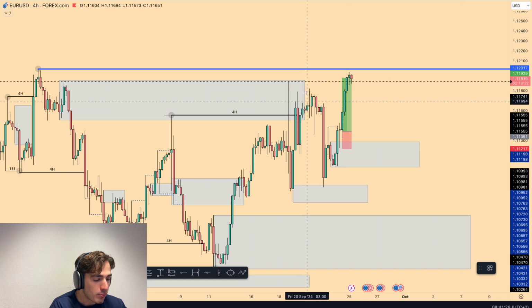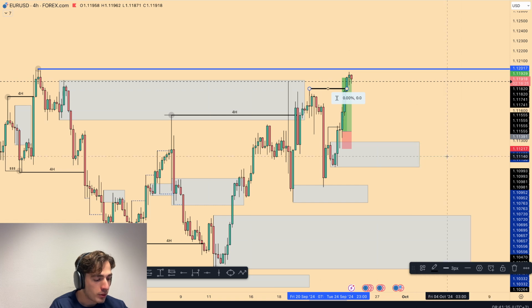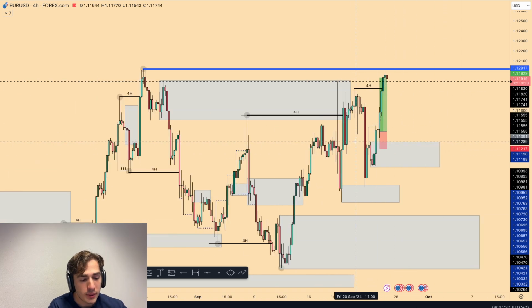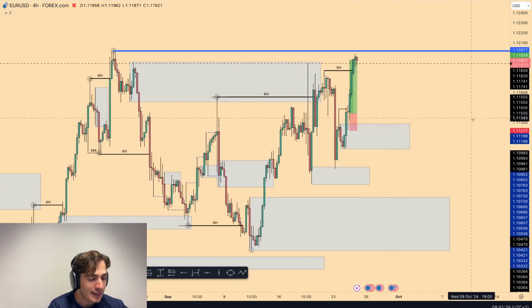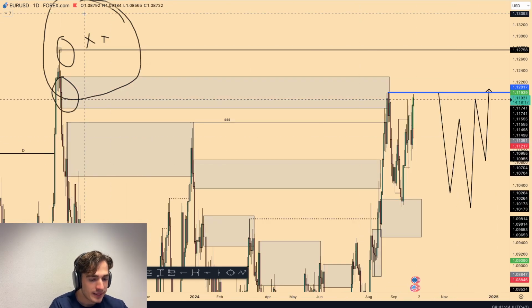Overall, we've seen now a break of structure. So we've broken this line over here. So this is your 4-hour BOS, and after a 4-hour BOS, what do you expect? You expect a pullback. Where do you expect the pullback from? From areas of liquidity or from supply. Okay, so going back into the daily real quick,